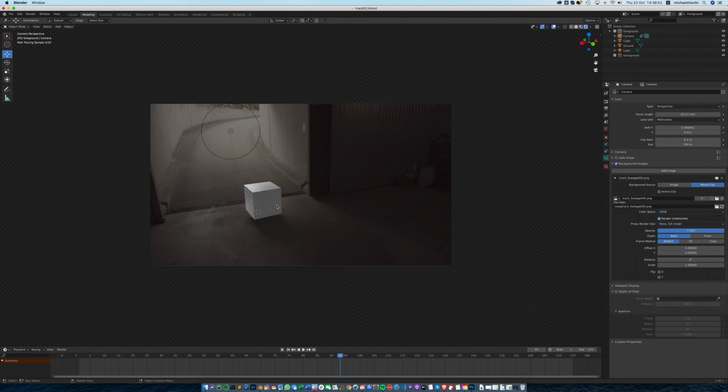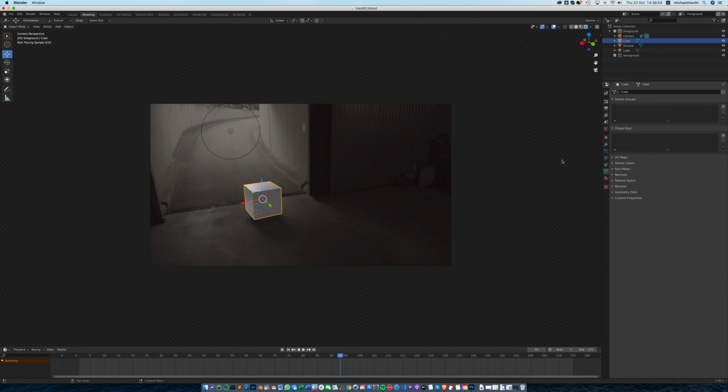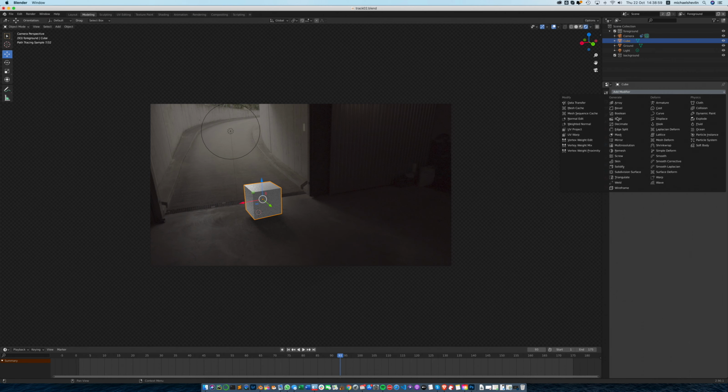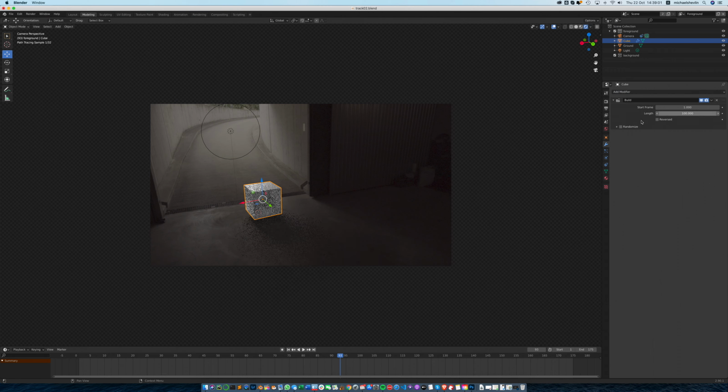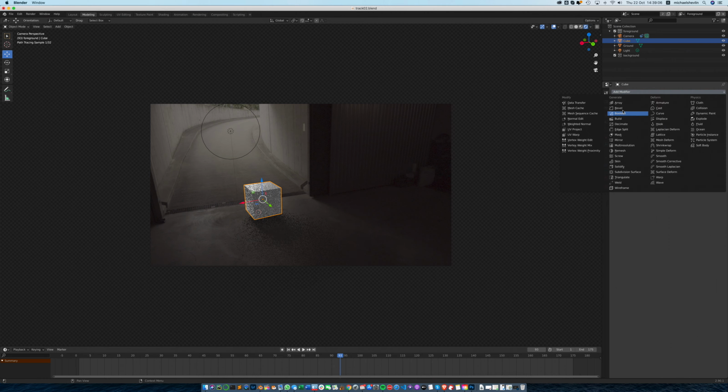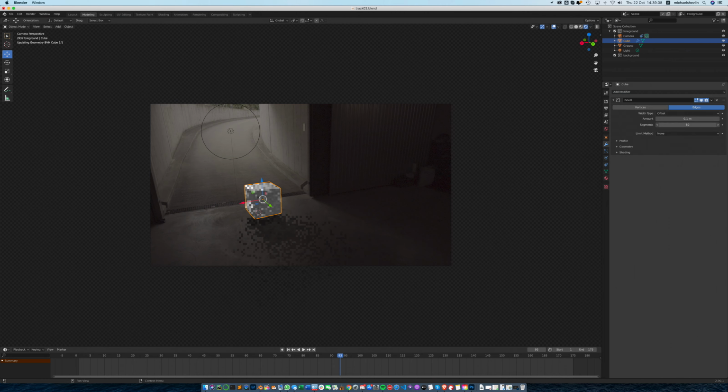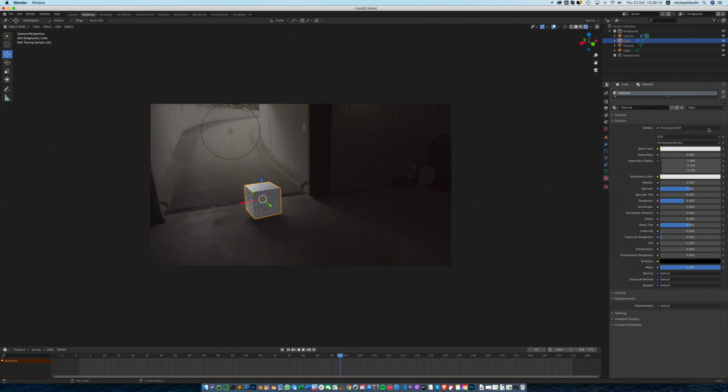Okay. And if we want, we can play around with our object. I'll just put a bevel on it or something, just to make it a bit more interesting. No, not build, a bevel, a bunch of segments. So now that looks interesting, and then you can change the color of it, and I'm going to make it subsurface. So now when we render this, we go render and render image,